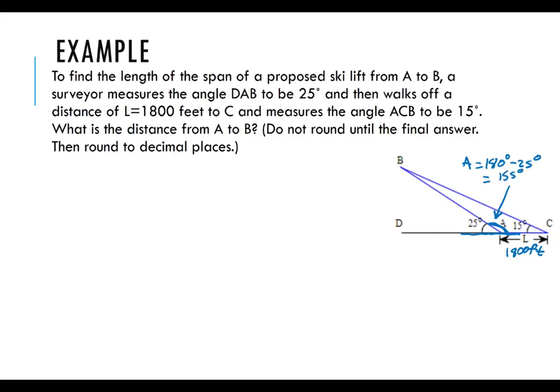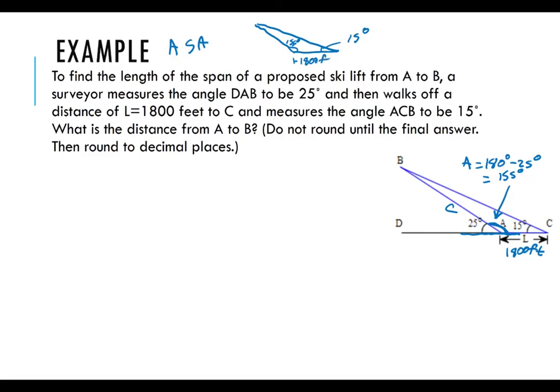Okay, great. Well, then I have an angle, side, angle triangle, right? And we can find the solutions for this. So if we want, we can clean up this picture and look at it as that angle, side, angle triangle. I'm just going to re-sketch the triangle with the pieces that we know now. We now know that this angle measurement here is 155 degrees. We know that this angle measurement here is 15 degrees, and we know that this side length down here is